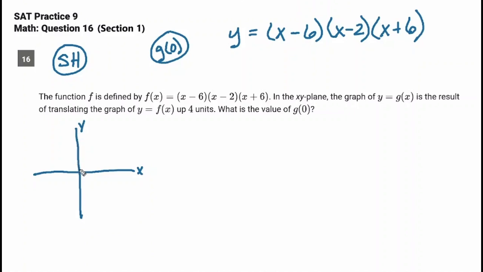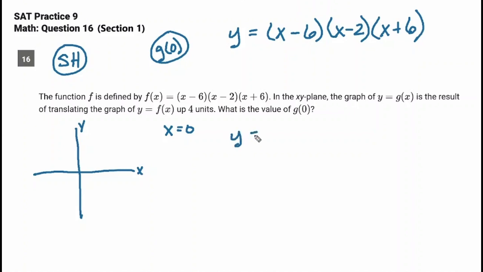So if you're on the y-axis, what is x? It's got to be 0. You don't have to know any of that. Just remember that when you're seeing an xy plane problem, a function, and you see parentheses like this, you always want to think about plugging in a 0. So we're going to make x equal to 0,